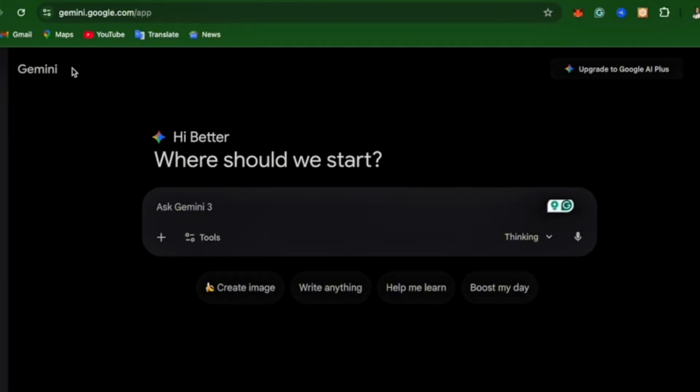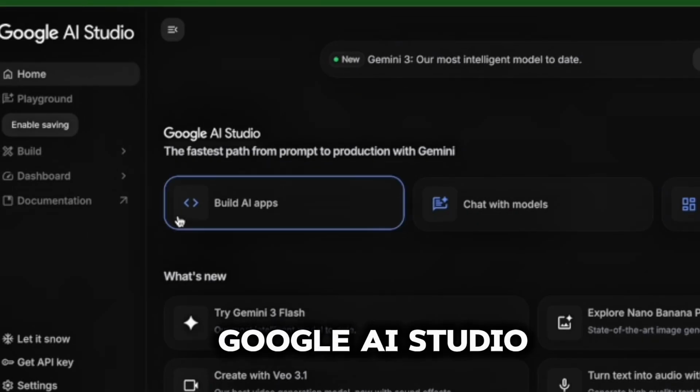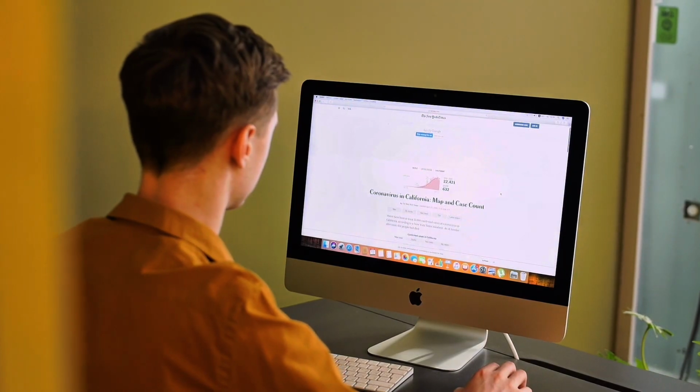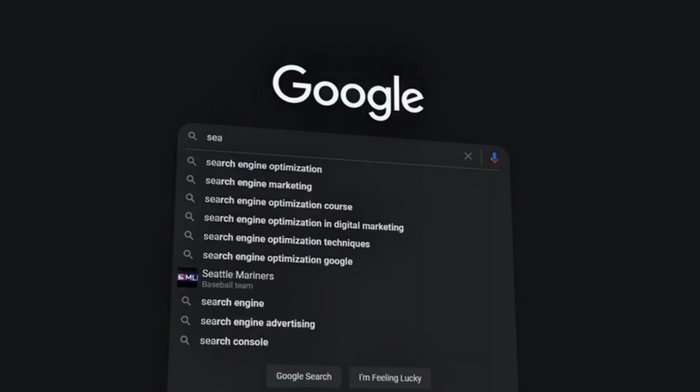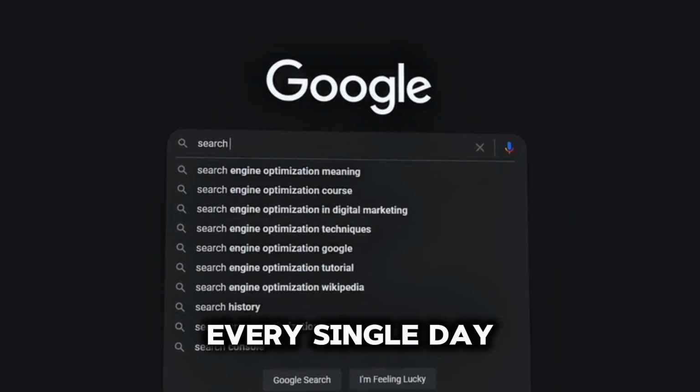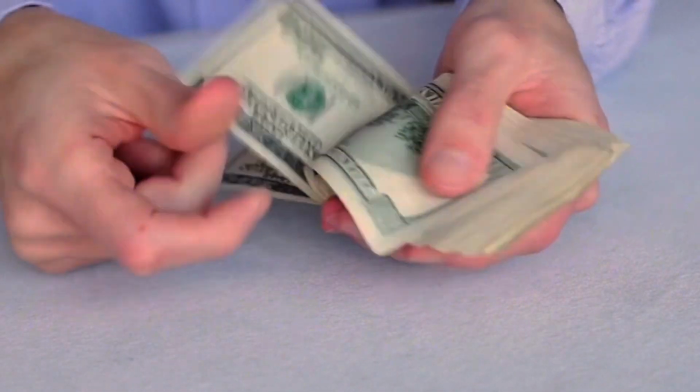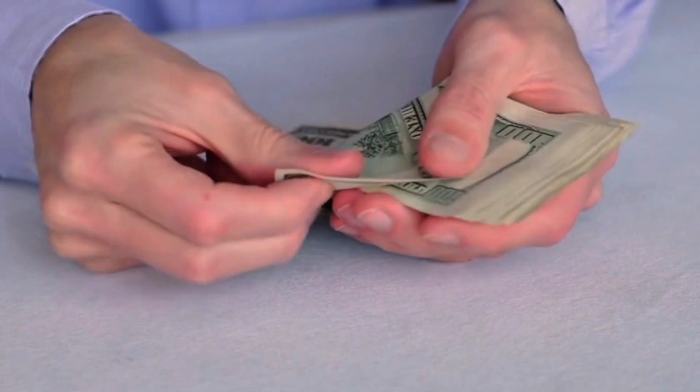Alright, so most people already know ChatGPT, some people know Gemini, and maybe they already tried Perplexity. But almost no one is talking about Google AI Studio. And that is exactly why this is such a powerful secret weapon. And right now, people are quietly using this tool to start real online businesses every single day. And in this video, I'm going to show you guys how powerful Google AI Studio is, and also show you guys some real ways you could potentially make money online with this tool.